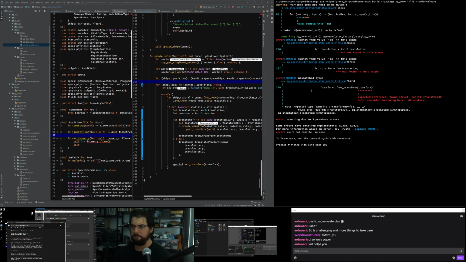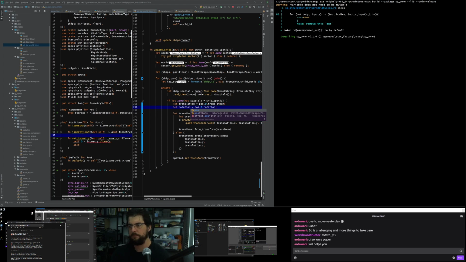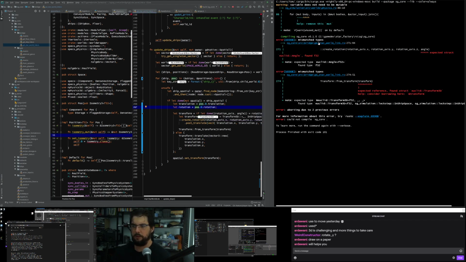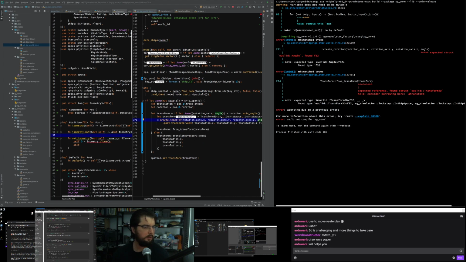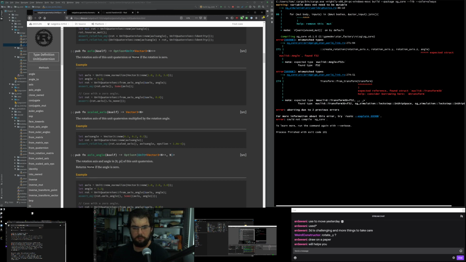Anyway, figure out it's not really mutable, cannot find value. That's why I work so hard to use windows, because I don't normally have to worry about it. Cannot find value ISO. Yeah, so I copied this code, but it's not called ISO here, it's called POS. And now it's complaining that that's not a struct. I thought axis angle, which is the one I called here, returns a unit vector and a value n.